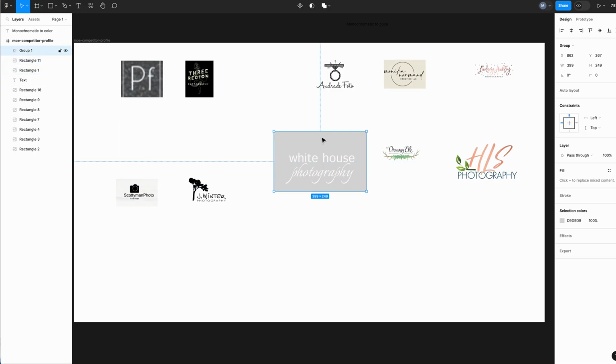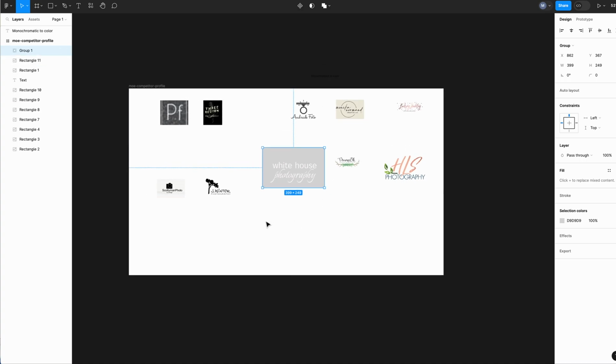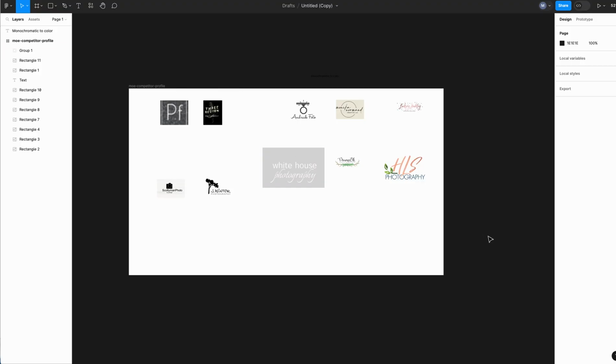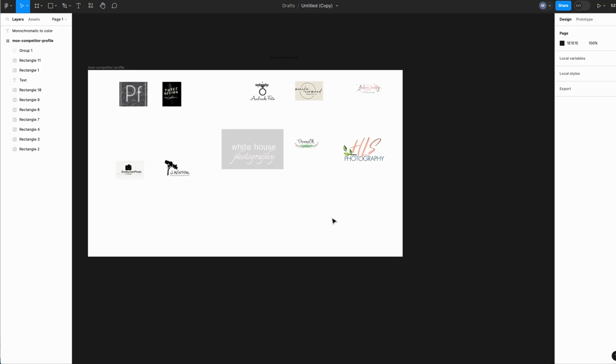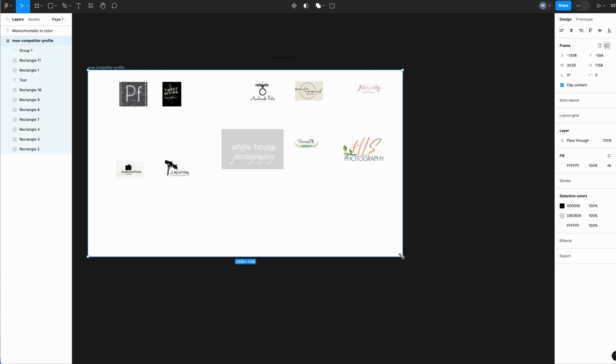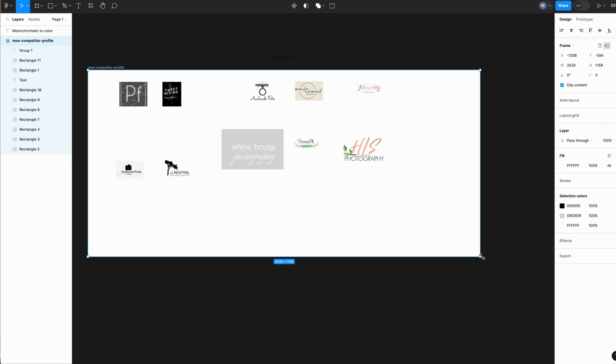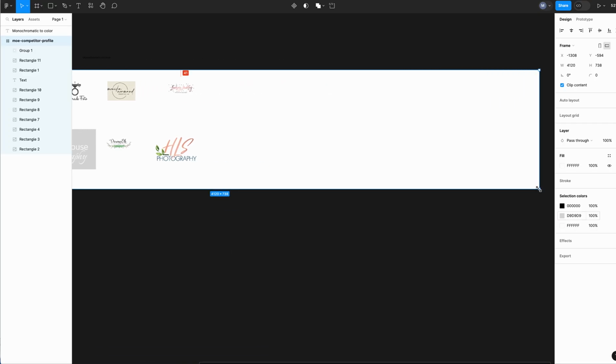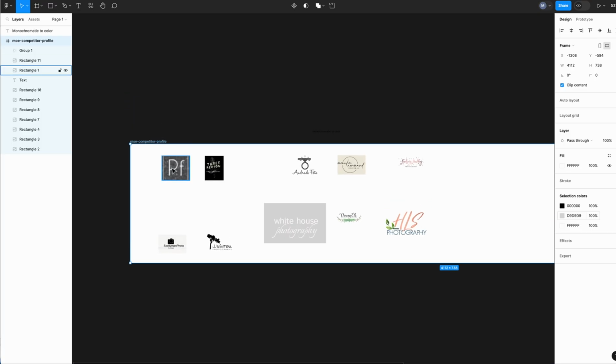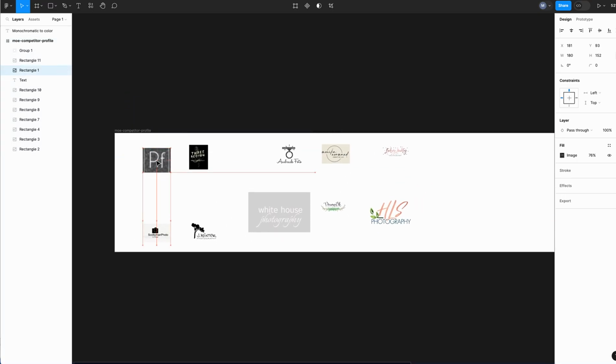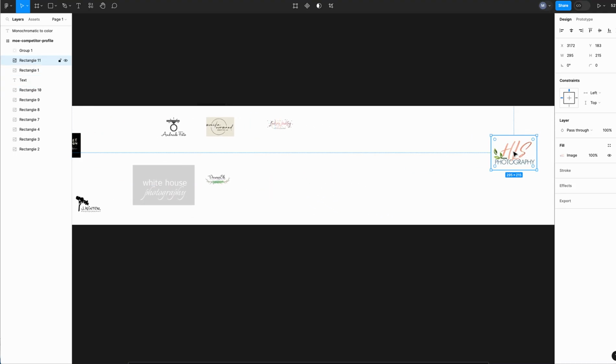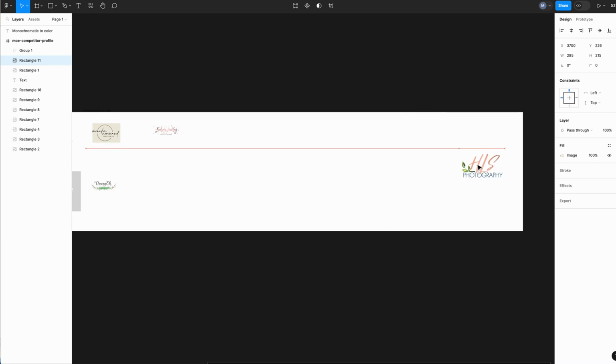Okay, so let's say you have all 10 of your logos here, and what we're going to want to do is to get them into a line or continuum, not into these columns. We want one row. So I have just moved out a little bit so we could see this. And right now my artboard's not a great size for doing one row, so I am simply going to take the corner here and drag it out, and I'm going to make it shorter. And now I am going to start laying out my logos, and I kind of know what I'm going for here. I know we're going to have the colorful ones at this end,